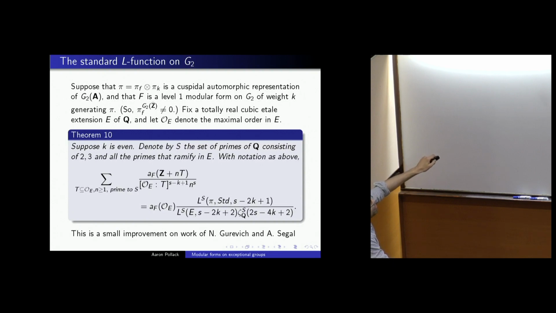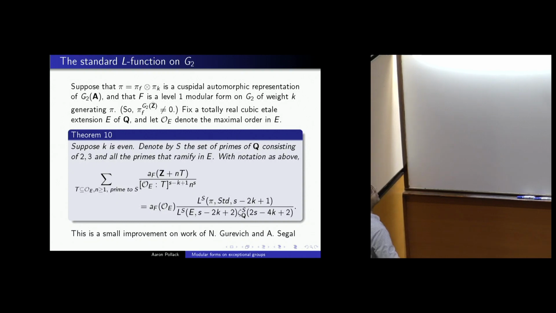What's written here is Z plus N times T. T is a cubic order inside this O_E, and you multiply by N, and then Z plus NT is still a cubic ring, so it makes sense to take the Fourier coefficient associated to that cubic ring. Then you sum this over the cubic orders sitting inside E, O_E, and N at least 1 that are both prime to S, meaning this index is prime to S and N is prime to S, and what you get is the partial L function for the standard representation of this